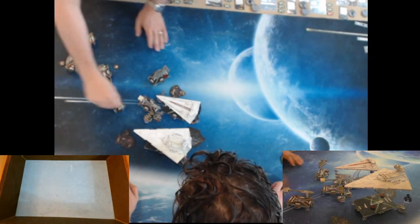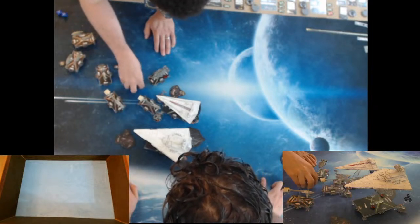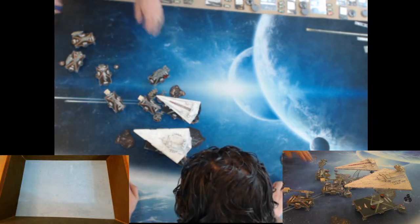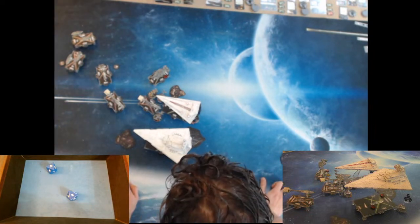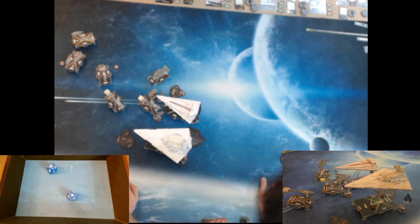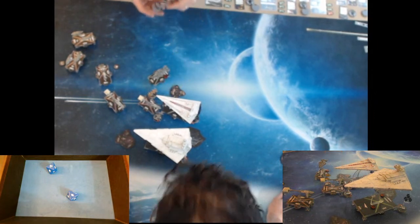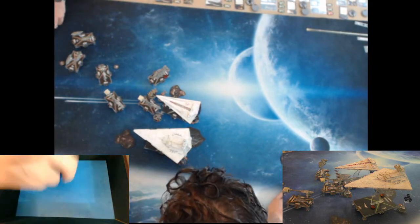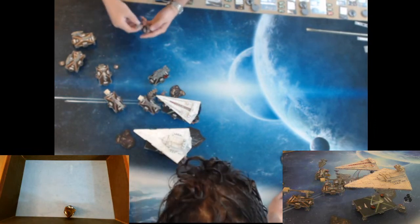So let's see, nothing's engaged. Let's move Gold Squadron over here, attacking into the front. So that's 2 blues. And what tokens do we have here? There's nothing that matters. All damage. Okay. Then there's the Y-Wing in front of you. So that's a black die. I'm fine with that. He misses. And this guy...